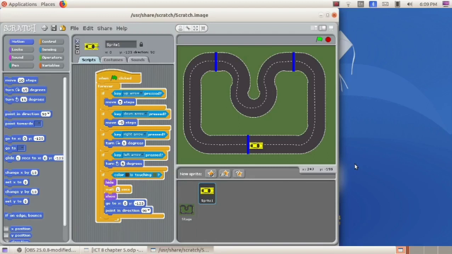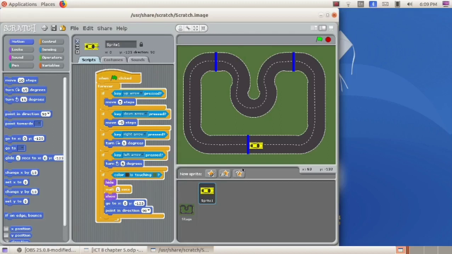Okay, now we have prepared the car game, right? Now, when the car is running and when the car is not running, the car looks the same. We can make it more attractive by making some changes in the shape of the car while it is running. So when the car is not running, when it is in static state, it looks like this itself. But when the car is moving or running, we can give some smoke coming out of the car. So how to make that change in the shape?